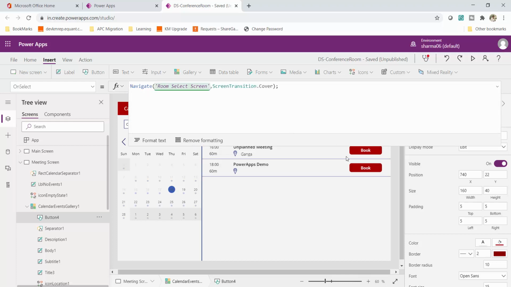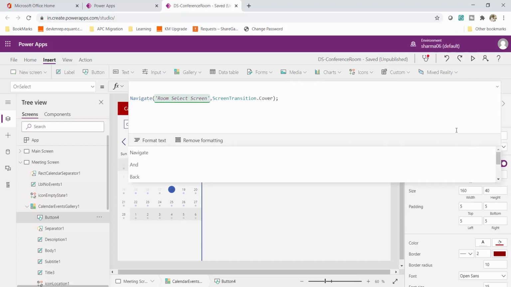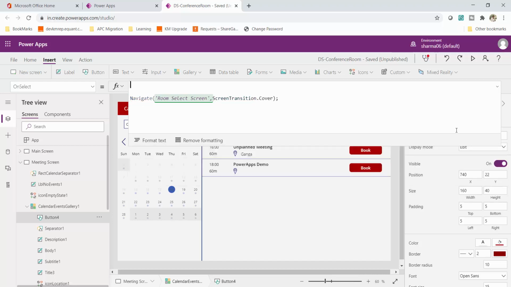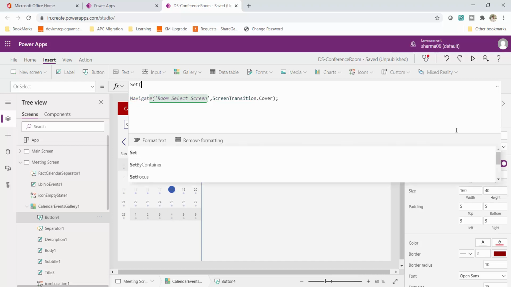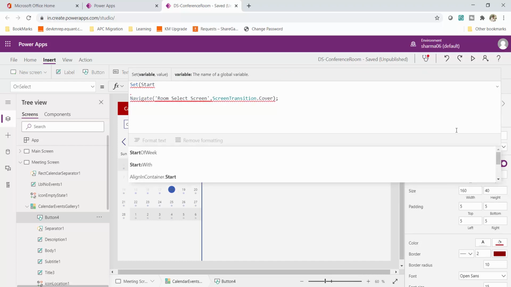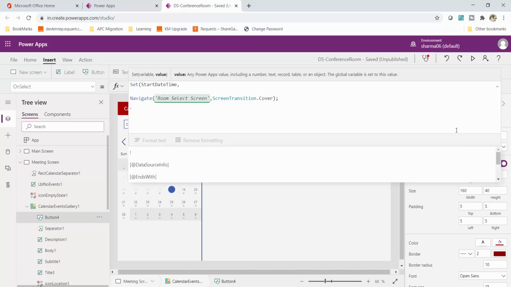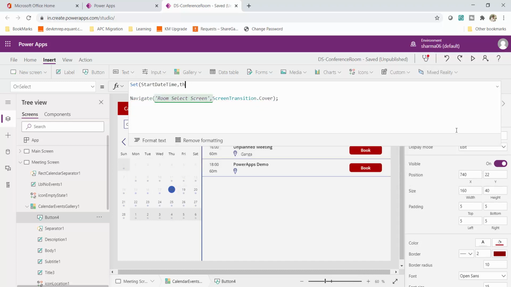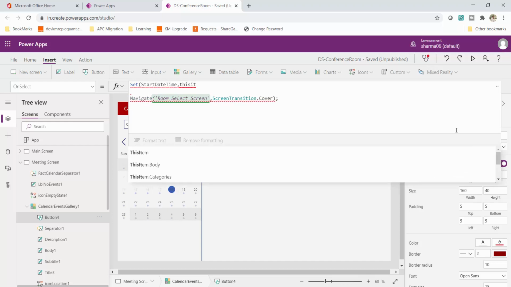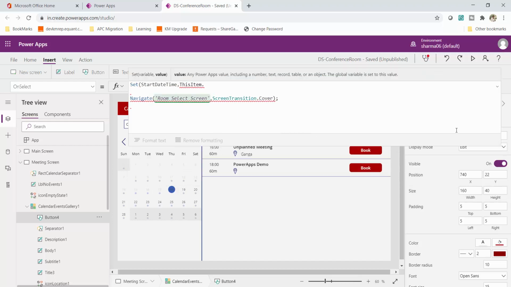So what I'll do, I'll press shift enter, and here I will get the start time. So I'll say Set, start date time, and I will get this from this particular gallery. It is very simple. This item dot start.